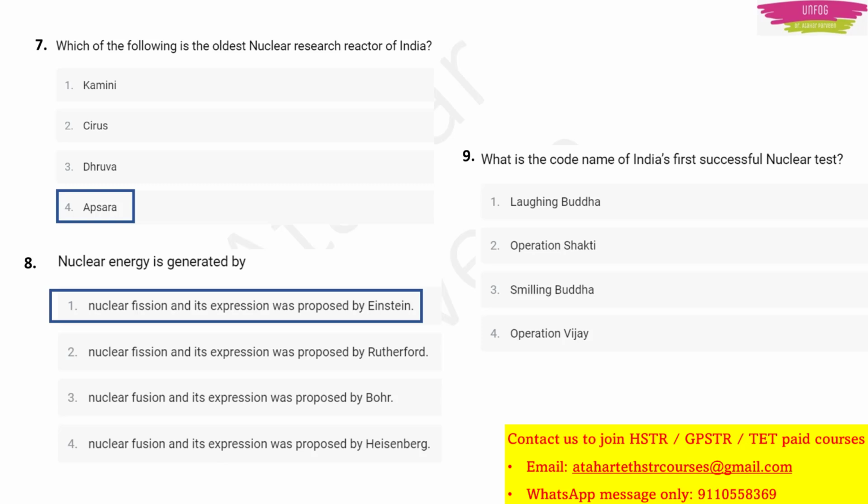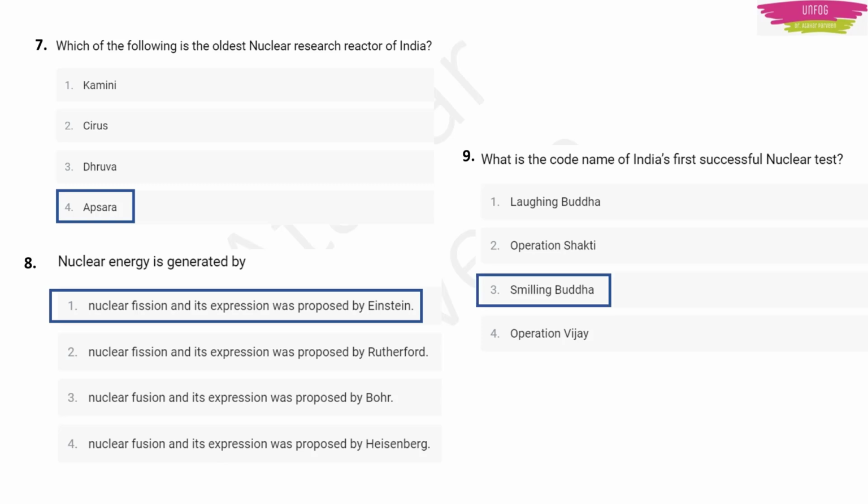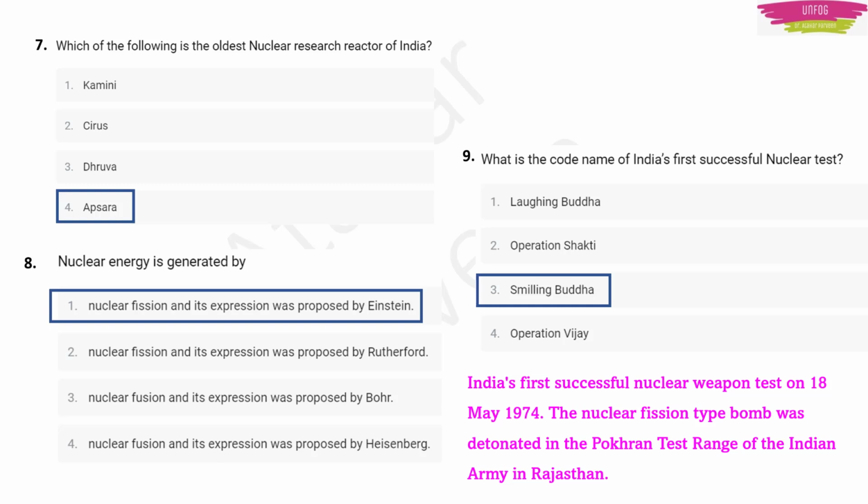Next question. What is the code name of India's first successful nuclear test? Now this is a very famous question and a very important question also. So the answer to this question is Smiling Buddha. The code name of India's first successful nuclear test, it was actually a nuclear weapon test, was Smiling Buddha, and